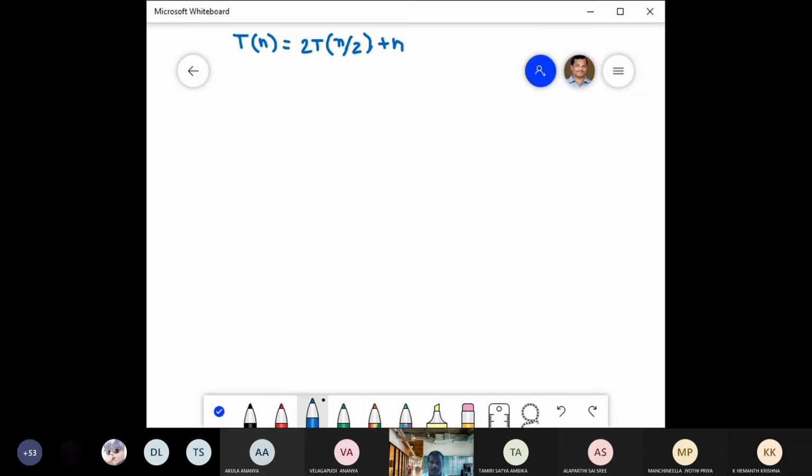This can be solved by using what method? First we look into the substitution method. When T of n is 2T of n by 2 plus n, just try to write what is T of n by 2. Just in place of n, put n by 2. So what will you get? 2T of